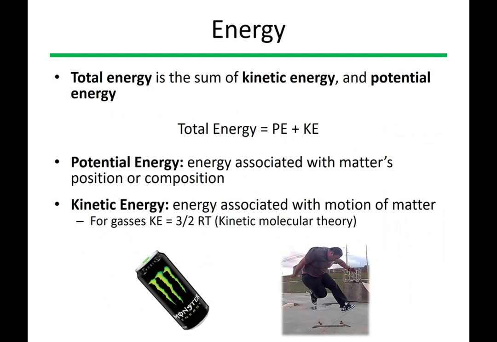When we're talking about changing the energy from one form to another, we'll use a different set of terms to define energy depending on what we're talking about. So one of the things we'll talk about for total energy is the sum of kinetic and potential energy. So often, we just have energy is equal to the potential energy plus the kinetic energy.